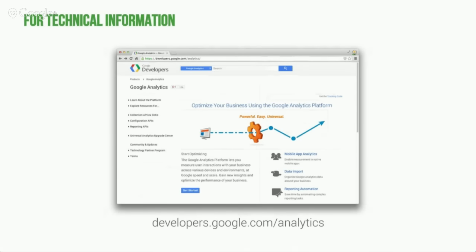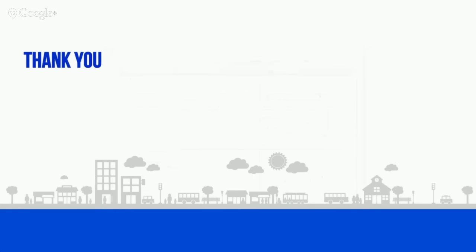And for more technical information, if you're a developer or you know people who are, and if they want to tap into our APIs, definitely check out developers.google.com/analytics. And that will help you tie in your product to ours. So you can get the information that comes from your website, flows through GA, and makes your product and your information even smarter. So this has been a quick wrap on goals for Google Analytics.